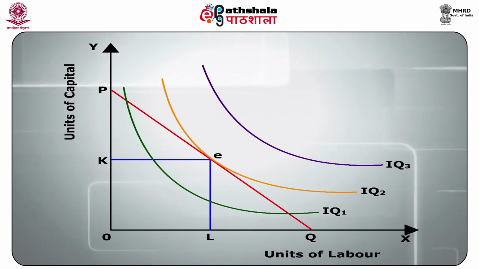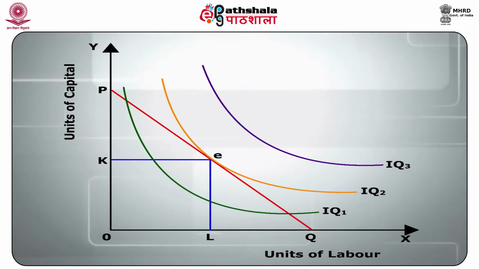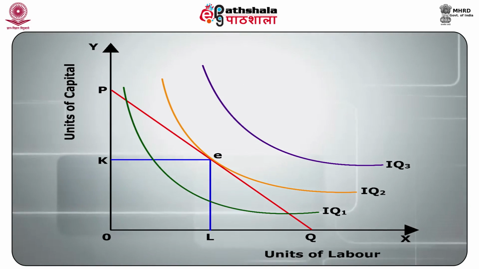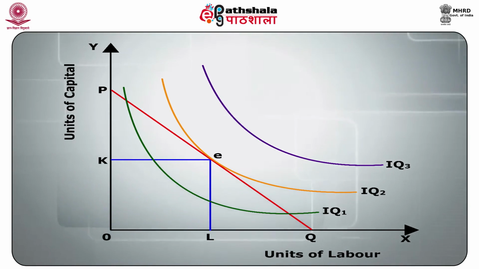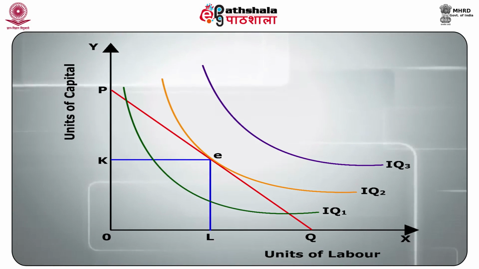The producer equilibrium will be at the point where the given isocost line is tangent to the highest possible isoquant. In figure, point E is the equilibrium point where isocost line PQ is tangent to the isoquant IQ2. Therefore, he will employ OL units of labor and OK units of capital to maximize his output given the cost